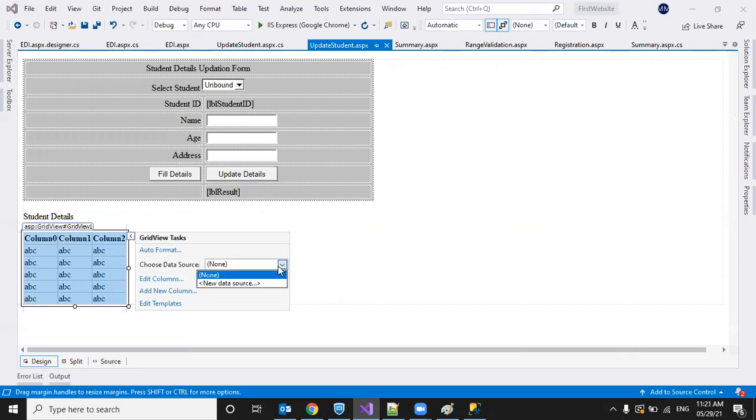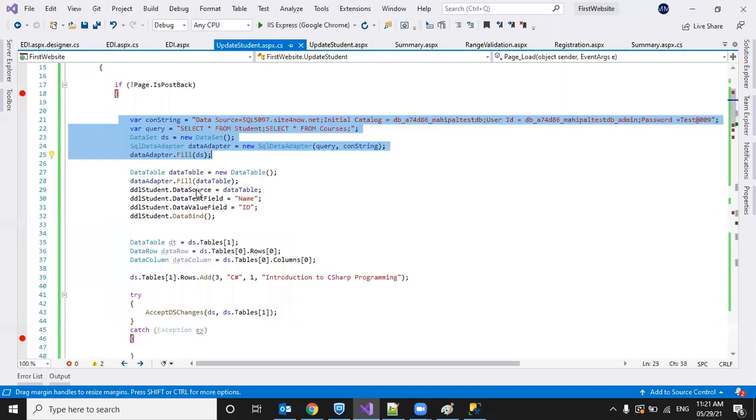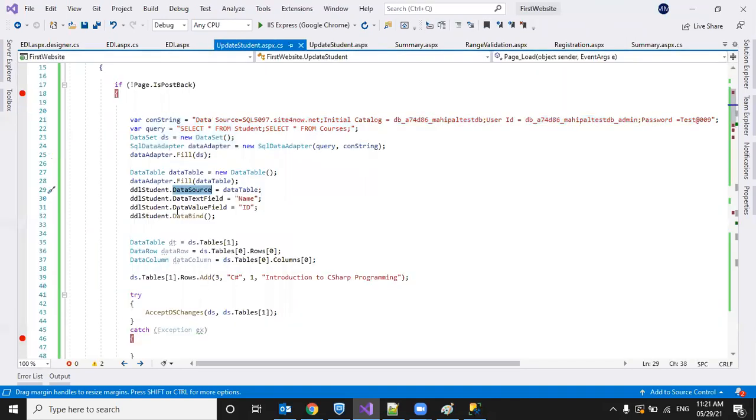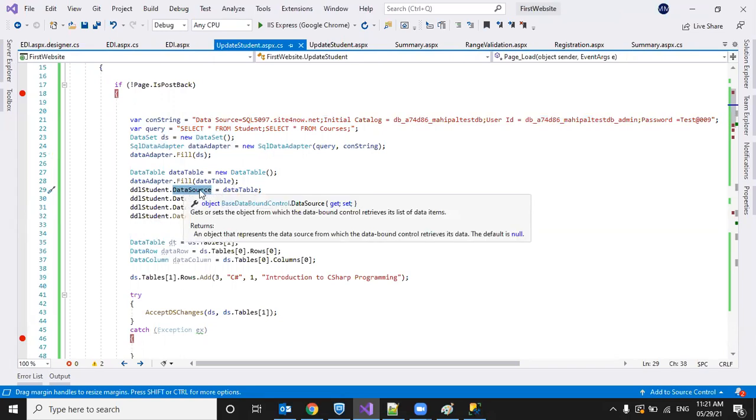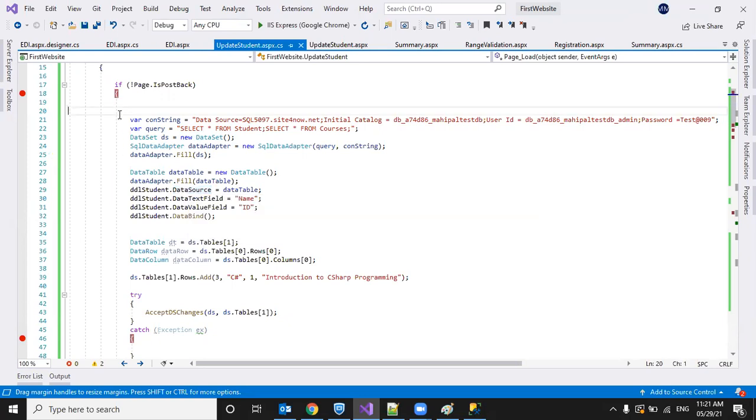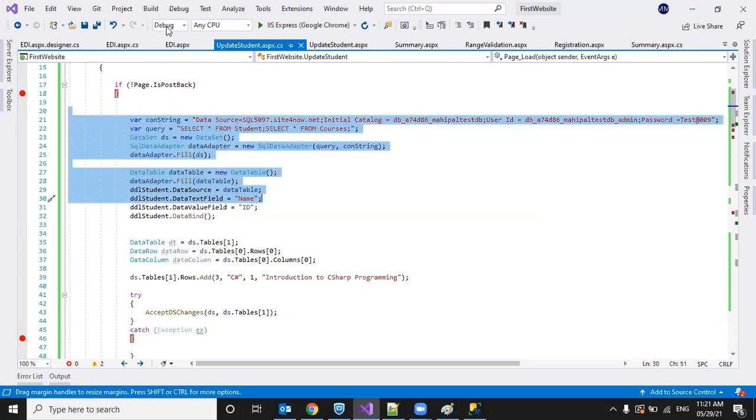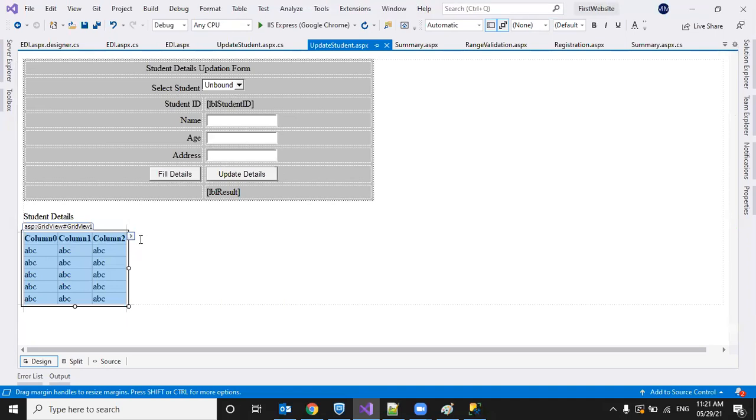Till now we wrote the code and we specified a data source here like this, right? We specified the data source like this. So either we can write code, or we can automatically get the data and bind that data with any control, like drop down or grid view or repeater.